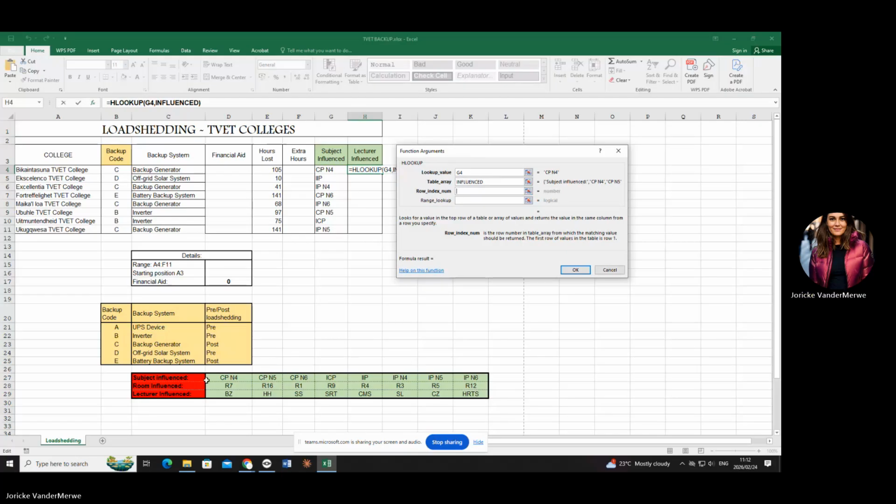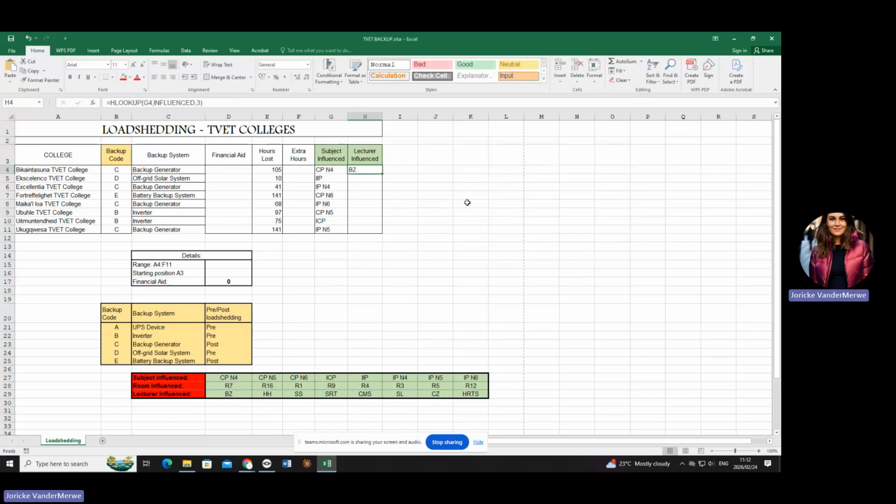Now look here. This is columns. The other one was columns. This is rows. Now count with me. Row 1, 2, and 3. Where is my answer being displayed, darlings? In row what? 1, 2, 3. Lecturer is my answer. What is the row? Number 3. So I say 3 and I say okay and I autofill. And can you see Bob's my uncle? Okay. Are you going to try that for me quickly?